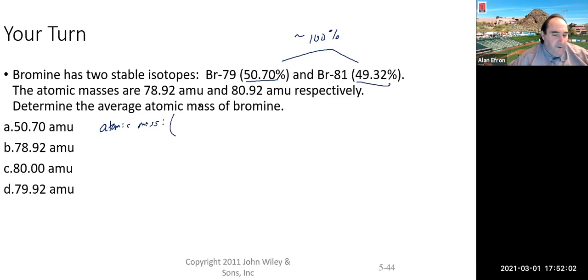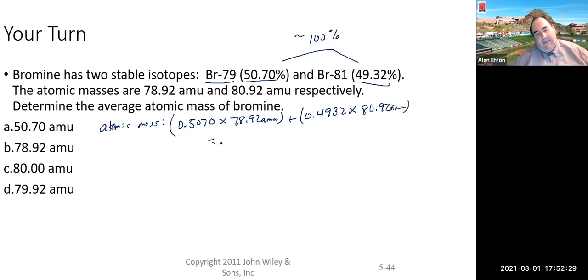So we'll take our first, bromine 79, and we'll do the conversion into a decimal, divide by 100, times it by our mass of that first isotope. We then would take the percentage of the second one. Also, again, you could divide it by 100 or just move the decimal point, times it by our 80.92 AMU. And it looks like